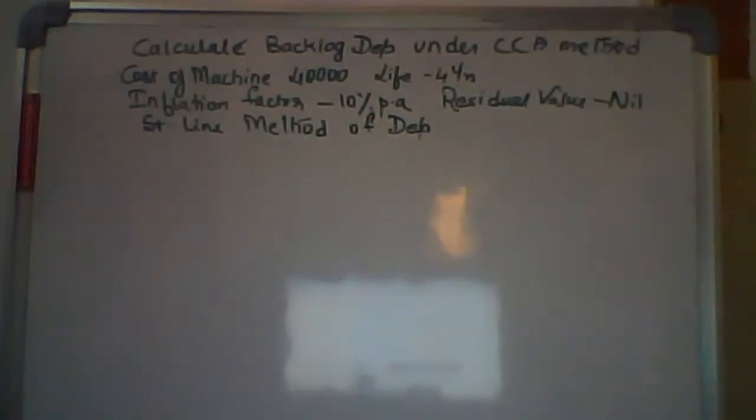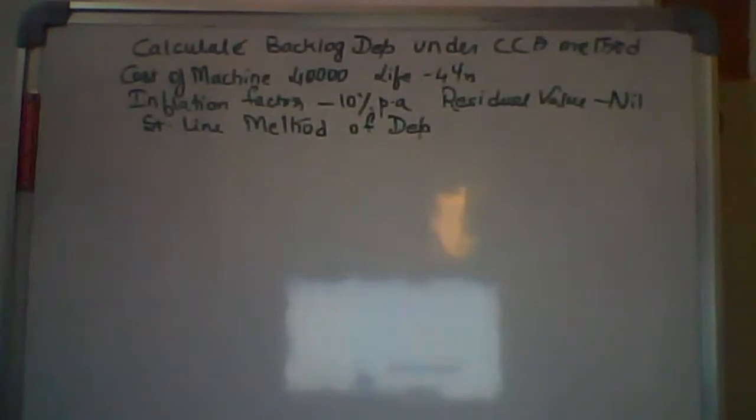Cost of the machine is 40,000. Life is 4 years. Inflation factor is 10% per annum. It means if this year there is an inflation of 10%, next year on the inflated value again you should calculate inflation. So each year on the previous amount there is an inflation. So 10% per annum, residual value, that is scrap value, is nil, and he says straight line method of depreciation